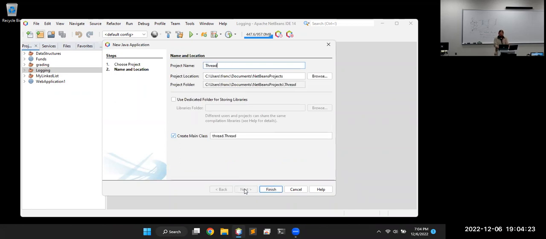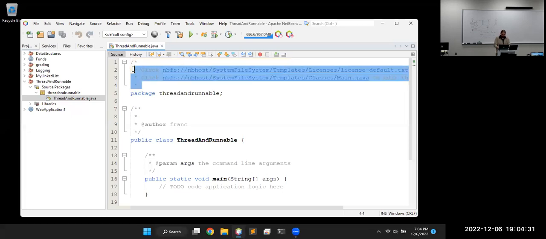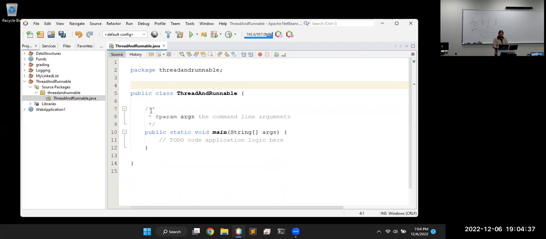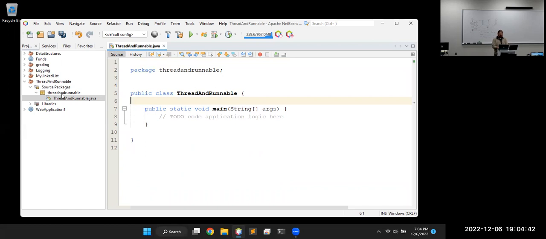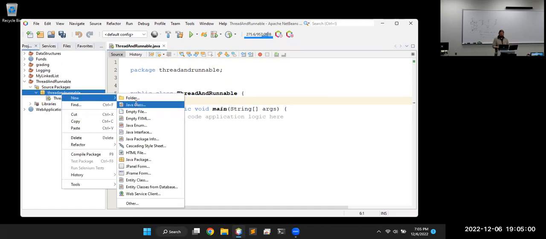What's this gonna be? Thread and runnable. Sounds like a good name. Get all the clutter out of the way for the class example. Comments can be useful, but they're just kind of cluttering up the screen in our situation today. Which one is shorter? I'll do the class first. Well, both of them are going to be a new class, so we need to create a new Java class,